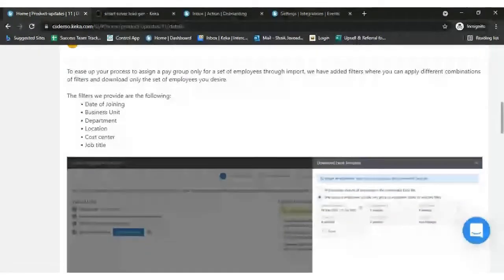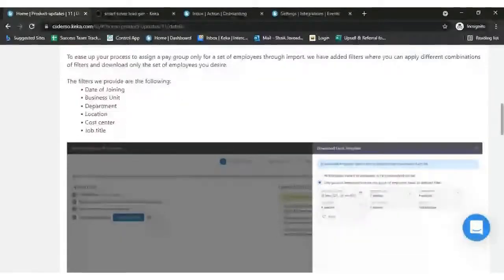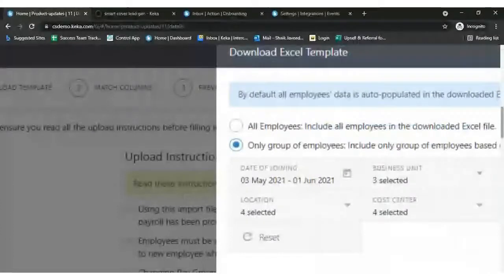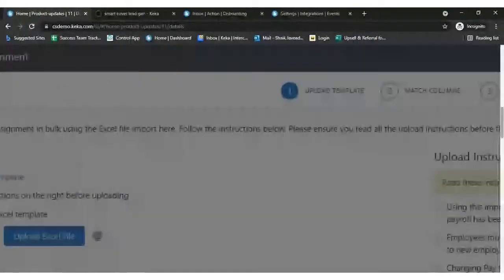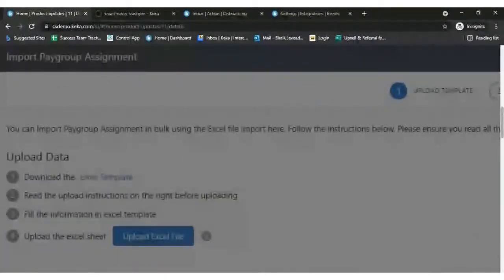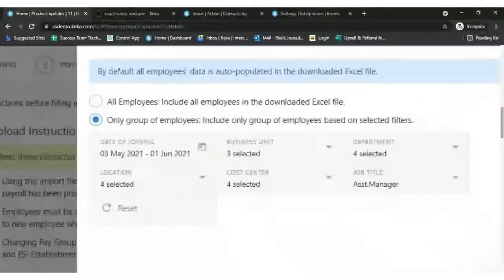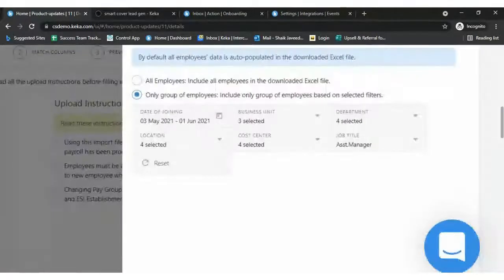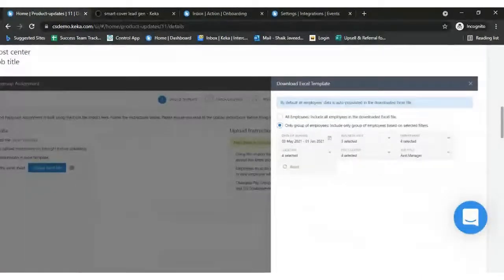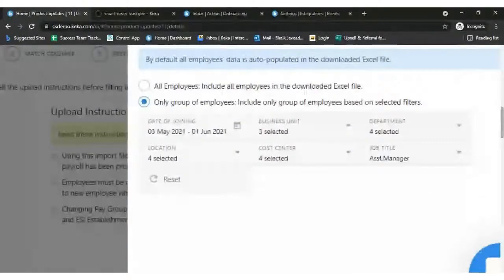If you want to update the pay group only for a set of employees based on department, once you click on this Excel template, you will get an option to select any specific period of joining, or any set of departments, business units, locations, cost centers or job titles. So if you want to update the pay group only for particular job titles, you can also do that.